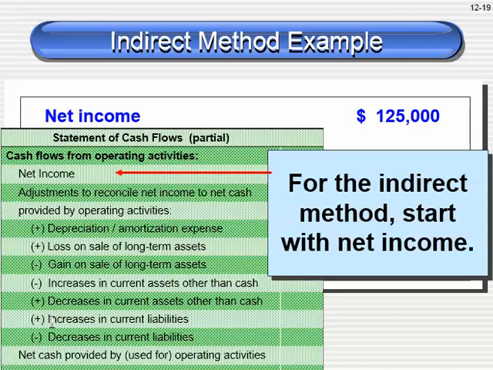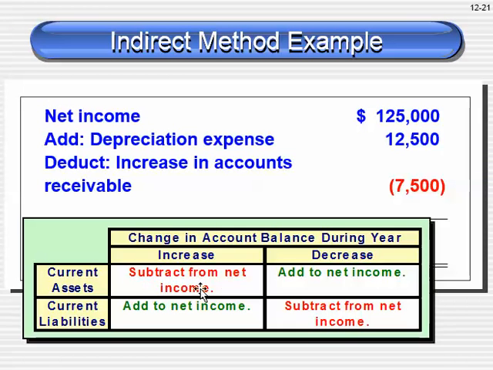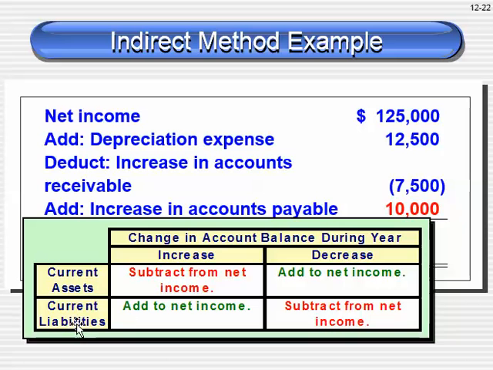And increases in current liabilities are added. So let's flip through and see the process. Start with net income, add depreciation expense of $12.5. Then we said we would subtract the increase in accounts receivable, that gets subtracted. And then we had an increase in a current liability, accounts payable, so an increase in a current liability gets added, which